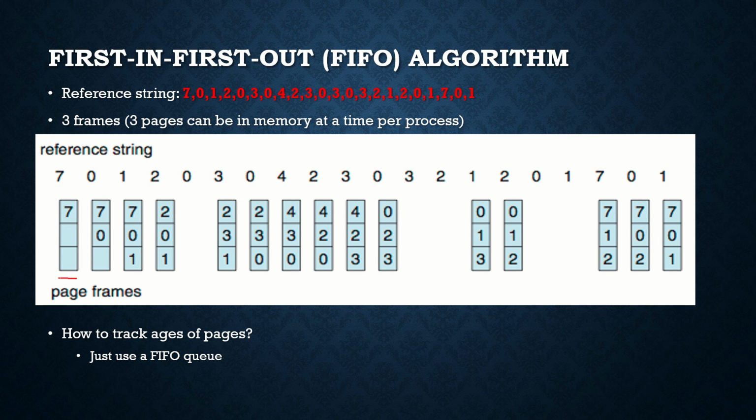Okay, here one page fault is going to occur because 7 entered into the memory. At that time 7 is not there in the memory, and the memory was empty. So when 7 is not there in the memory, a page fault occurs. A page fault means that the 7th page is going to be taken from the secondary storage and copied to the memory. So now we have written 7 here.